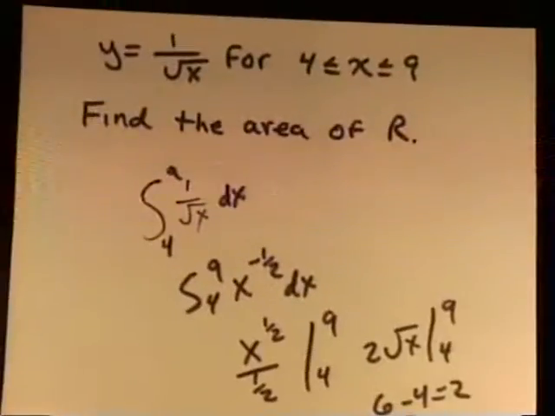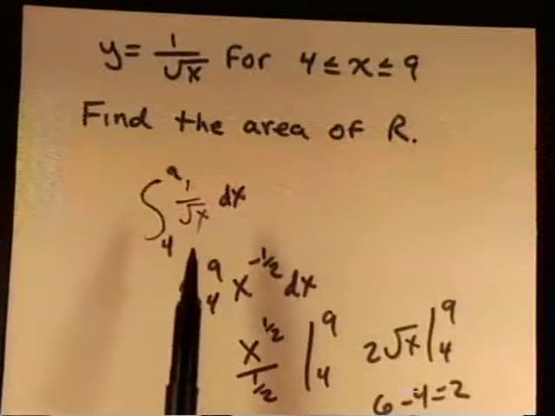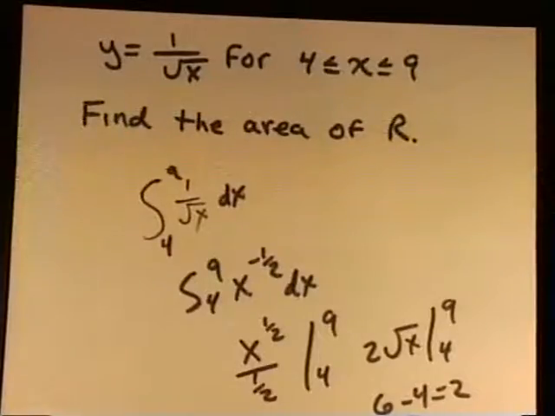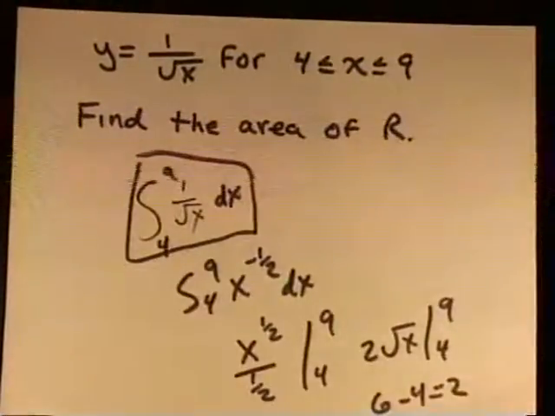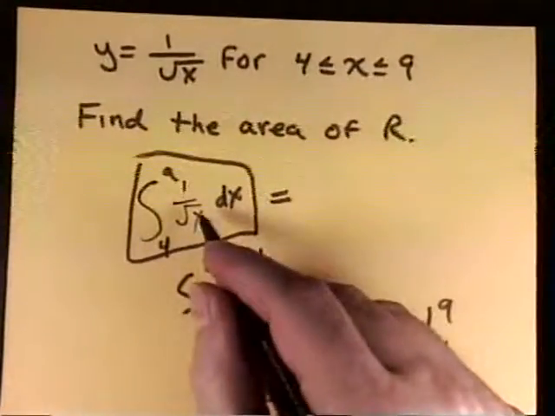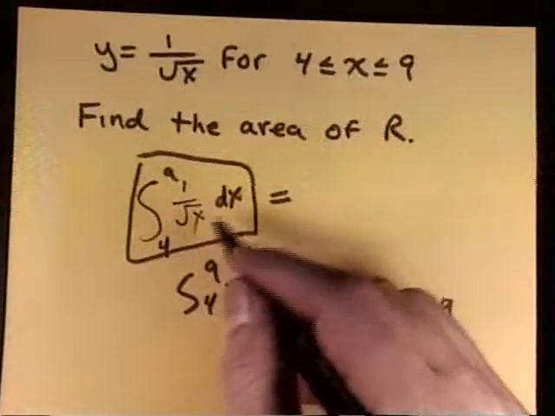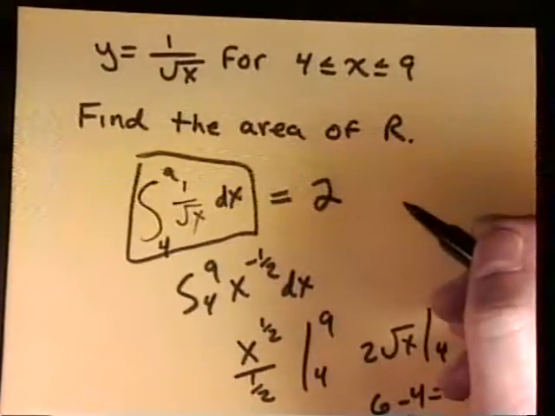Okay, let's talk about the AP exam. This was a calculator question. I probably should preface it with that. So what you do to earn the points, it's important to write the integral. You could actually do it out like this, but you could actually do it in your calculator, do the integral from 4 to 9 in your calculator like this, and then just put down the answer.